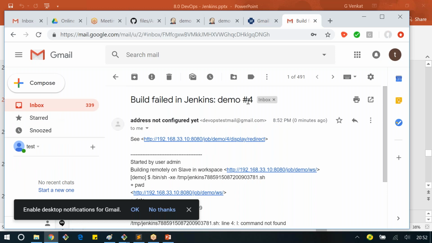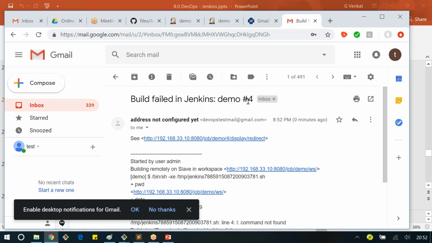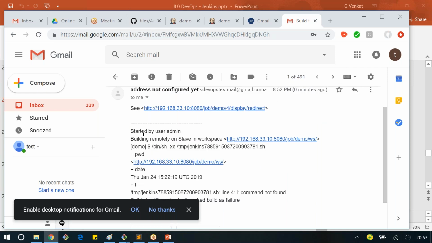And here you can see the complete output that was generated in the build section, which user started it, and that it is building remotely on this machine. And finally, the user can see in the email itself what happened with the build. So: "ls command not found." Then he can go back to the job